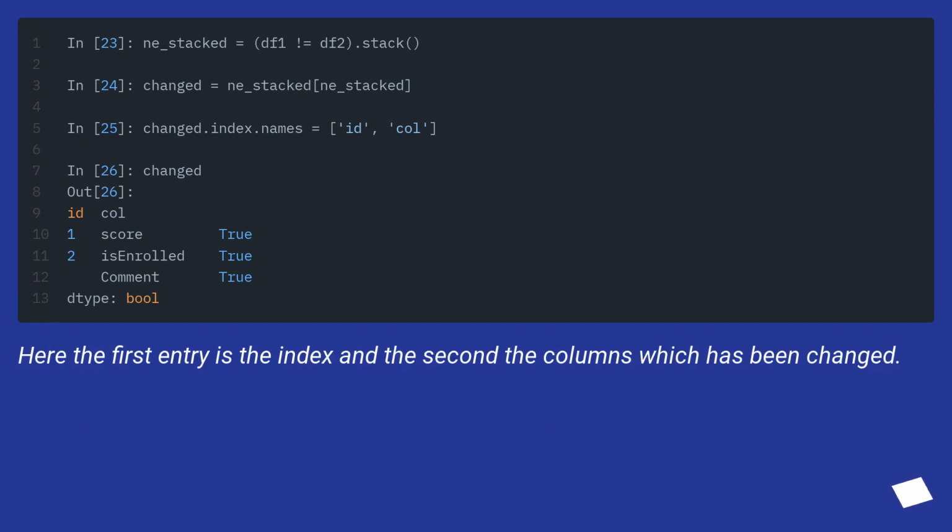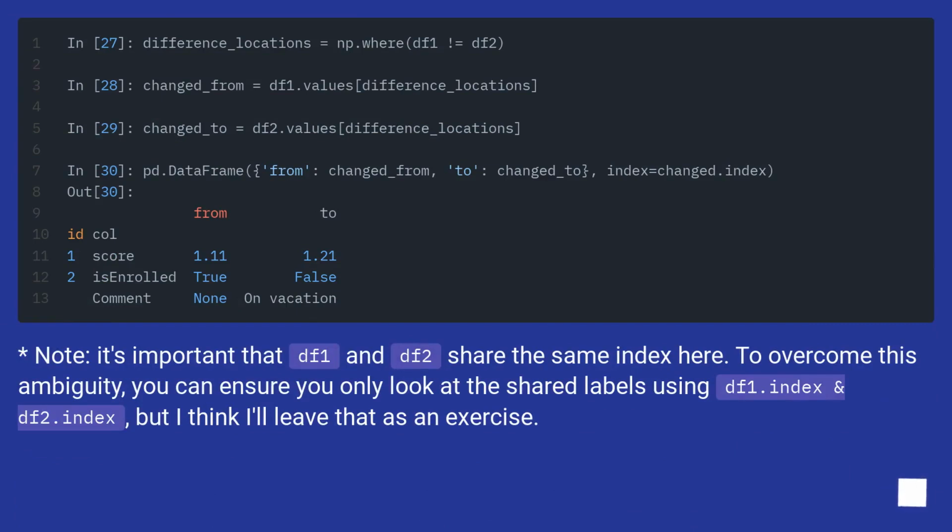Here the first entry is the index and the second the columns which has been changed. Note, it's important that df1 and df2 share the same index here.